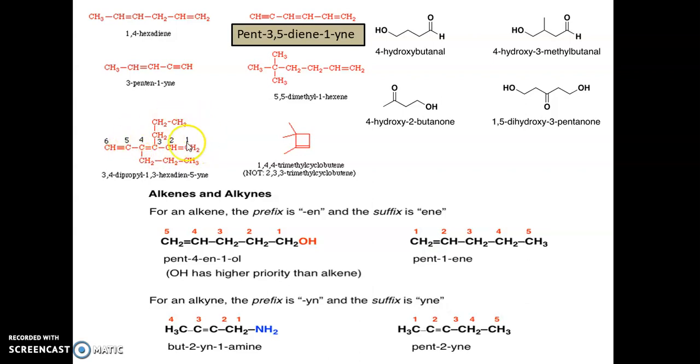Then you go for the nomenclature of this compound. Okay, so you have to start the numbering right from the left side. 1, 2, 3, 4, 5, 6. Okay, because the triple bond is in the left side, so you have to go from left to right, not from right to left. Now another problem is that you might think that if I go through this path, I'll